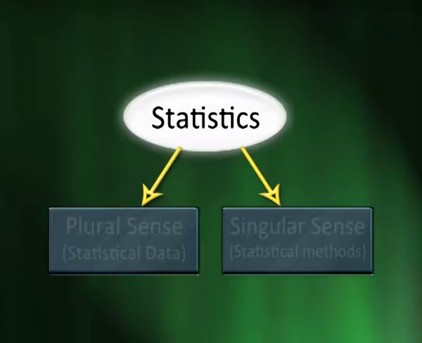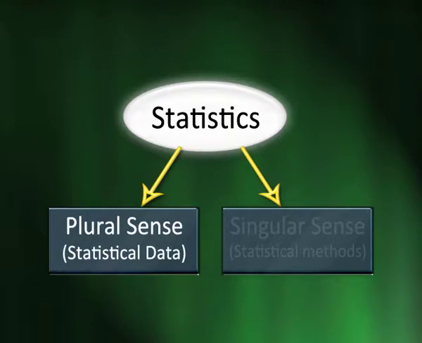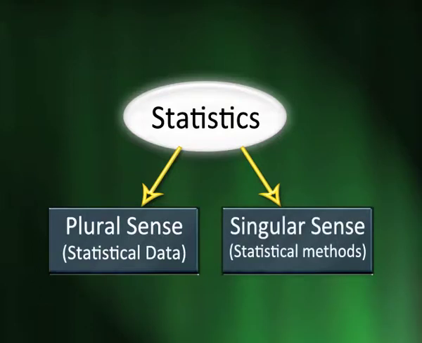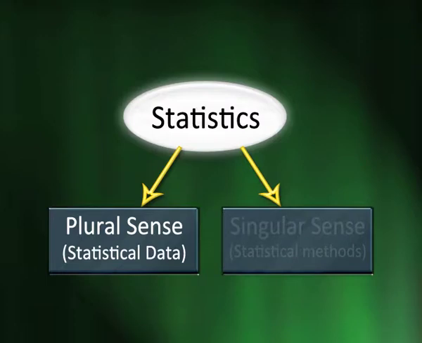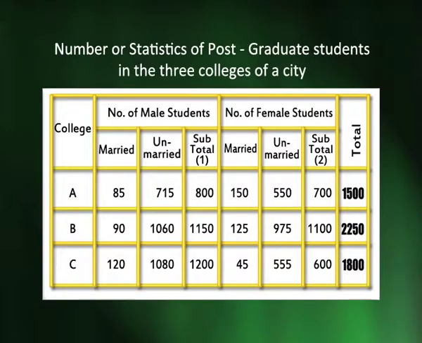The word statistics can be used in two senses. It can be used in plural sense and it can also be used in singular sense. In plural sense, it means statistical data. Here we are given a statistical table which gives the number of postgraduate students in the 3 colleges